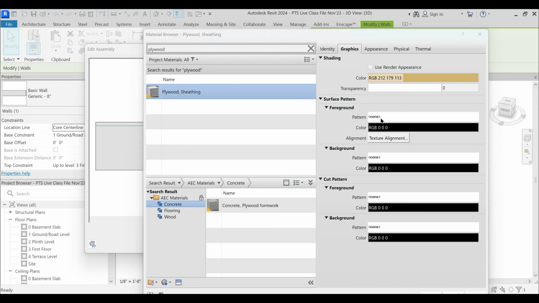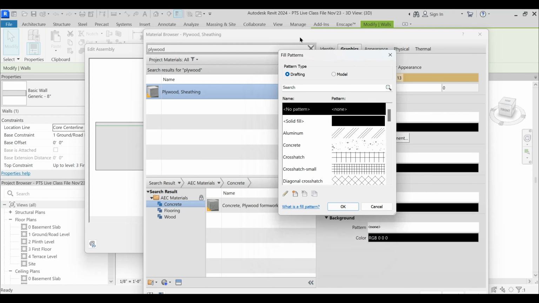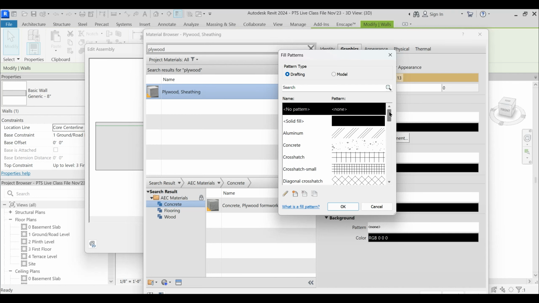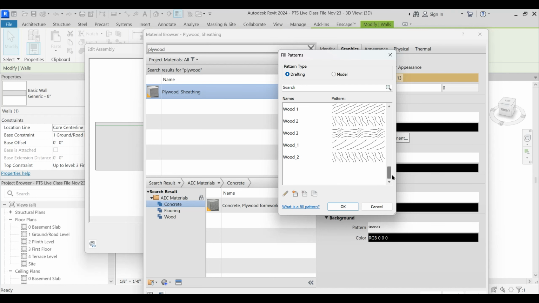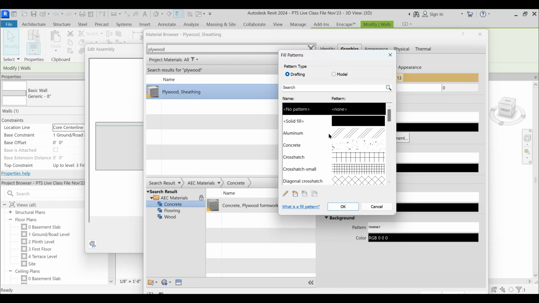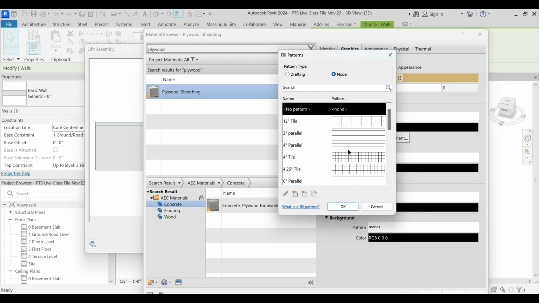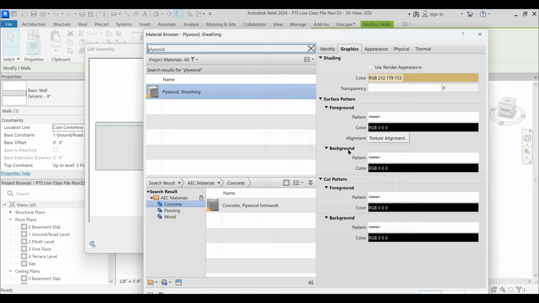If I click this particular thing, you see that fill patterns gets activated, and these are the predefined patterns given by Revit, just like AutoCAD. These are drafting patterns and model patterns. You will learn everything step by step, but right now just try to follow what it is.